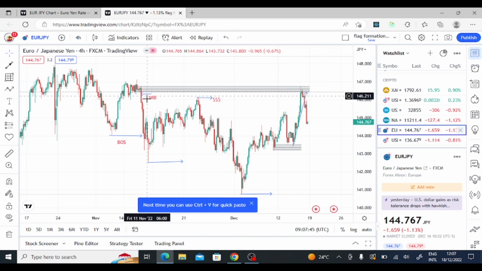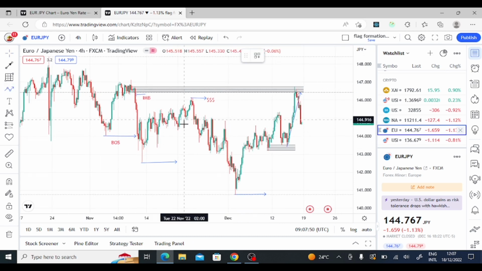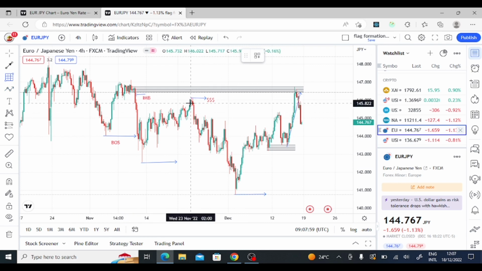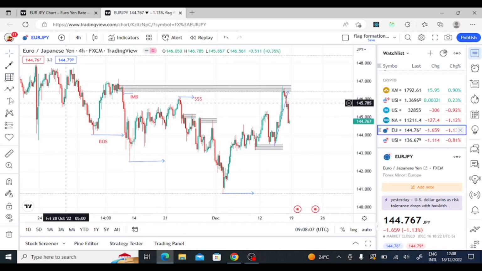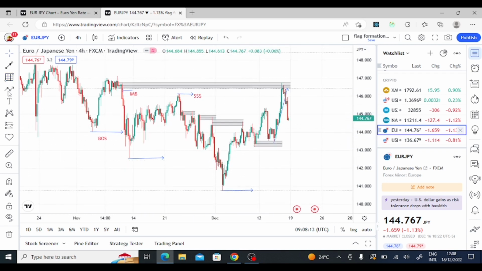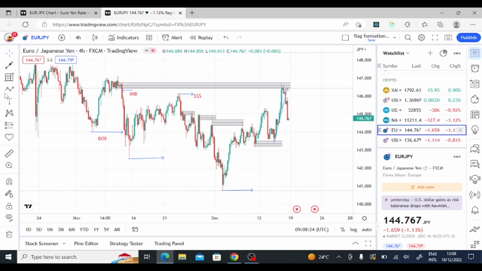So this was an imbalance, and this was a sell side liquidity, and price continued to break down these lows and lows and lows. So if we continue with our price, now we made this, that was a supply, it was mitigated. Now this was our last supply. So when price came to these regions, we were expecting that price will hit here and continue to the low side, you see. But instead of price